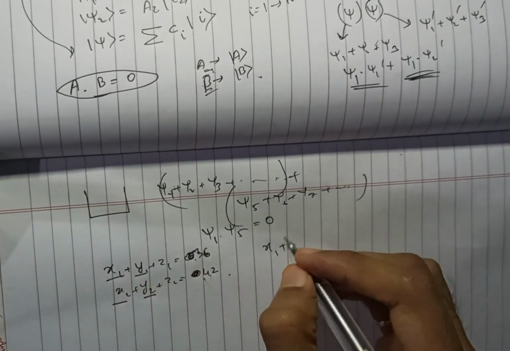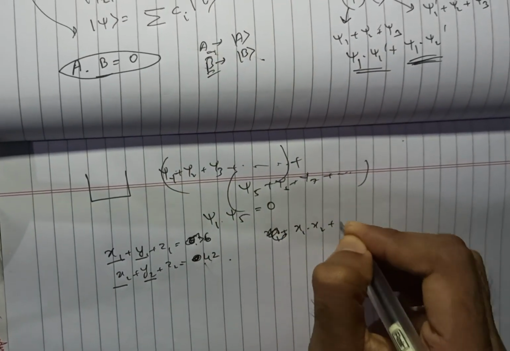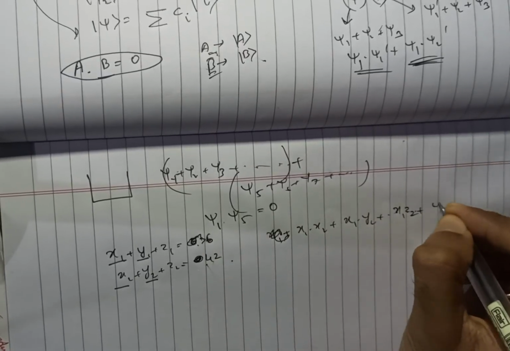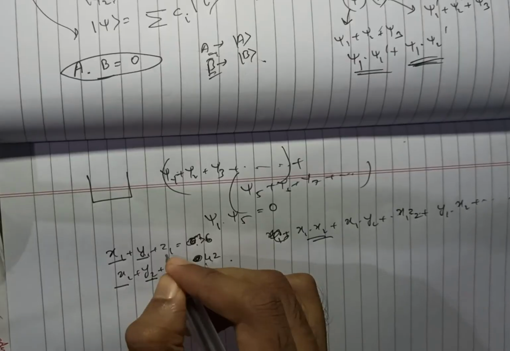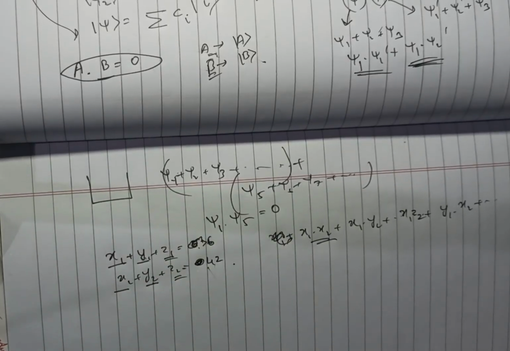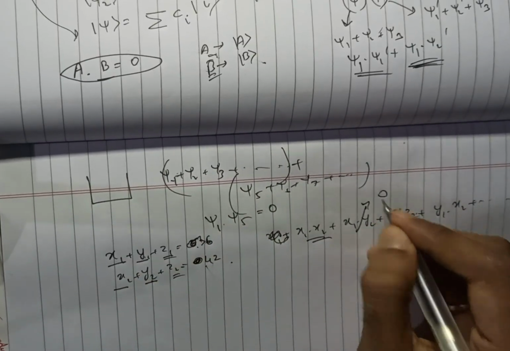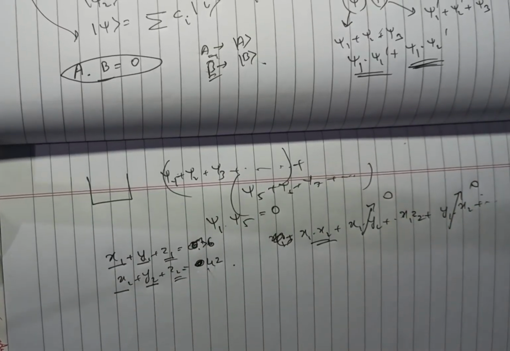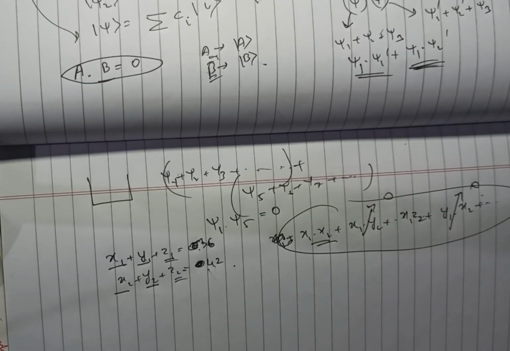Now when we multiply these two algebraic equations, we will get x1 dot x2 plus x1 dot y2 plus dot dot dot plus x1 dot z2 plus y1 dot x2 plus something. So there are self terms basically, because y1 dot y2 will also come, z1 dot z2 will also come. Those things are different. But if we know that x1 multiplied by y2 is 0, this term becomes equal to 0. y1 multiplied by x2 is equal to 0. This term is also equal to 0. So a lot of terms get cancelled out, which makes the equation simpler. So that's the reason why we use orthonormality in quantum mechanics.